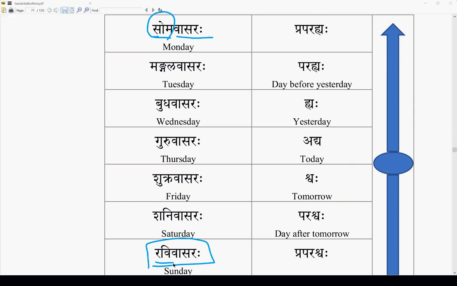So we can use Khaga, we can use Surya, we can use Bhanu also. But each one of them has its own meaning, like Agni has Hutabhuk, etc. Because that thing which is shining brightly in the sky, which we see every day, has different qualities. So it is called Bhanu. Why is it called Bhanu? Because Bhati is shining. That's why it's called Bhanu.